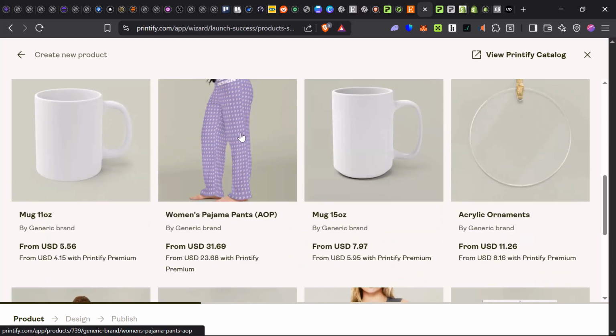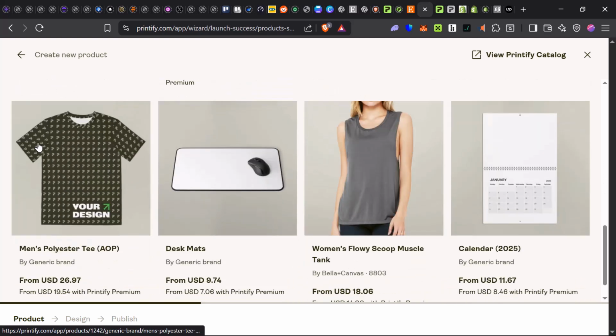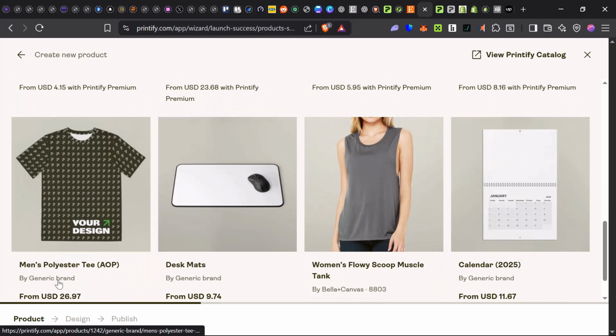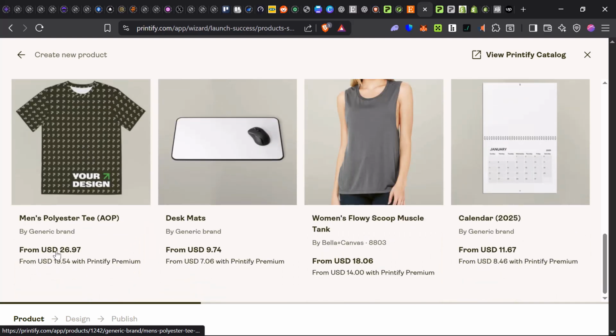and you're going to see a couple of designs you can display your stuff on. So we have a t-shirt. So men's polyester tee. This is what it is. Your design would probably go here or around the entire t-shirt. So let's just go with this option, and it sells from $26, but it's $19.54 on Printify Premium. So we're going to be going with this. So just go ahead and click on it,